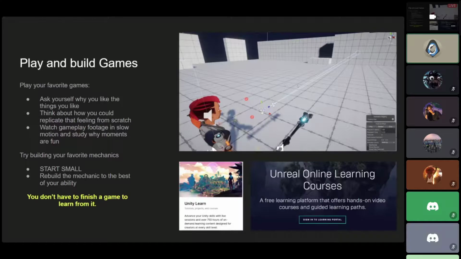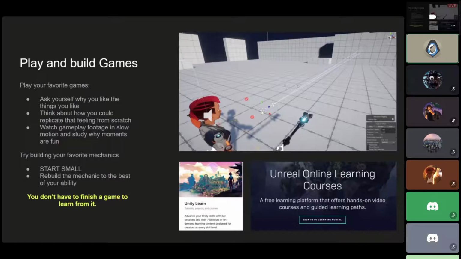And you don't see that stuff until you, again, watch it, ask yourself why, and then try to rebuild it. And like, why does mine feel different? What is going on here that's not happening in my little demo scene that I'm working on? That's just an example. There's lots of different things you can do if you want to work in engine to learn how to work in engine. But I took a lot of lessons from trying to replicate features I liked from other games.